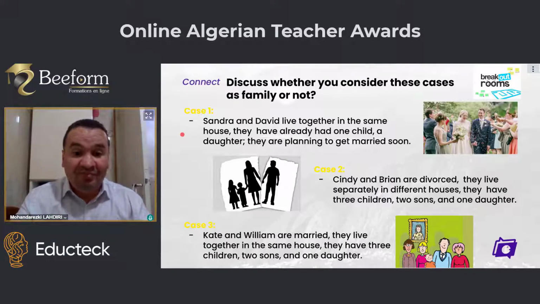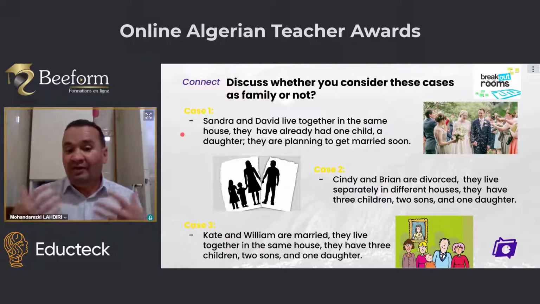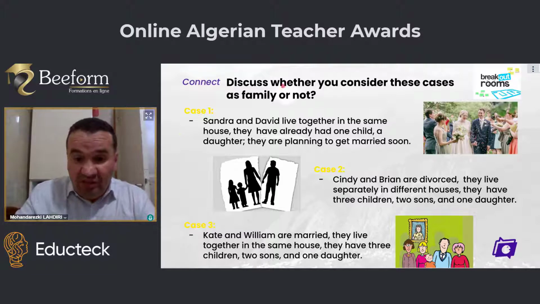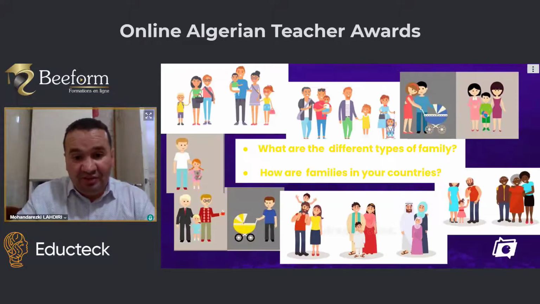two, or a couple, maybe first they got married, and they live together and they have children. So here you would say this is a family because for me, all the criteria and all the features of being a family exist here. So now we move to the next slide.